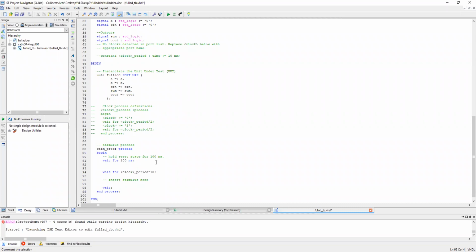1 XOR with 0. You don't know the XOR table?